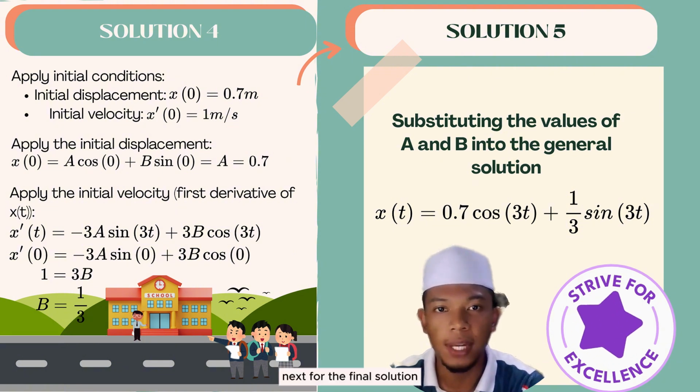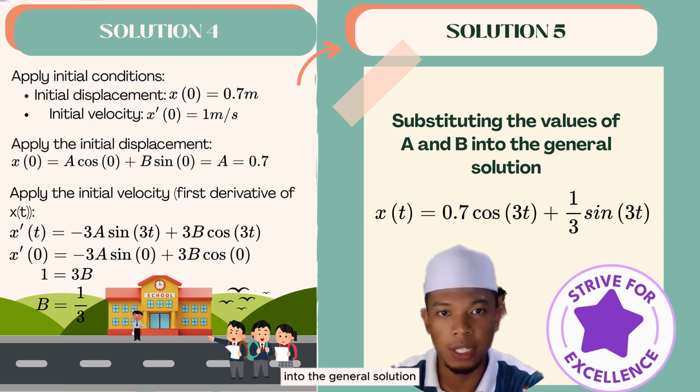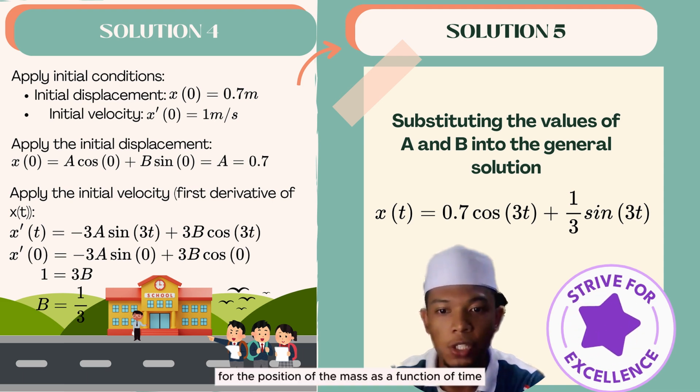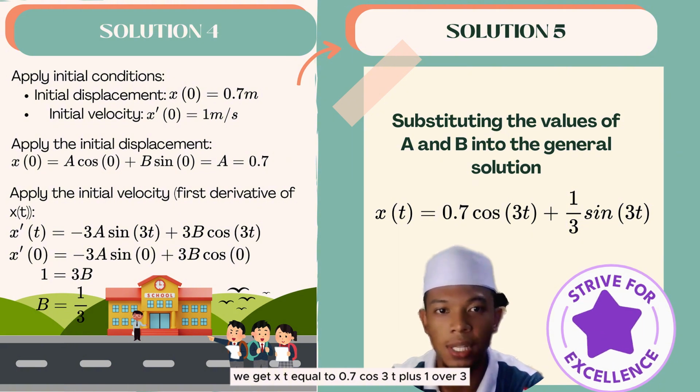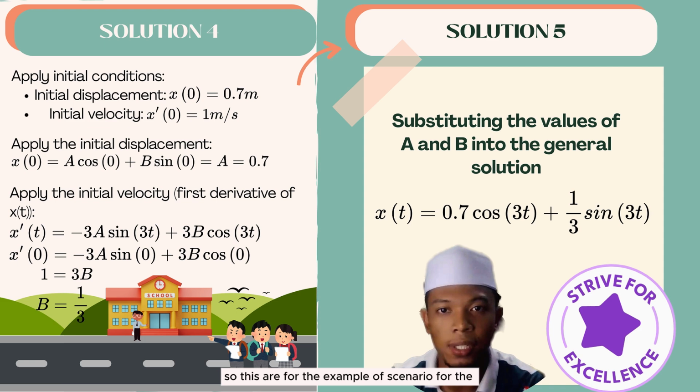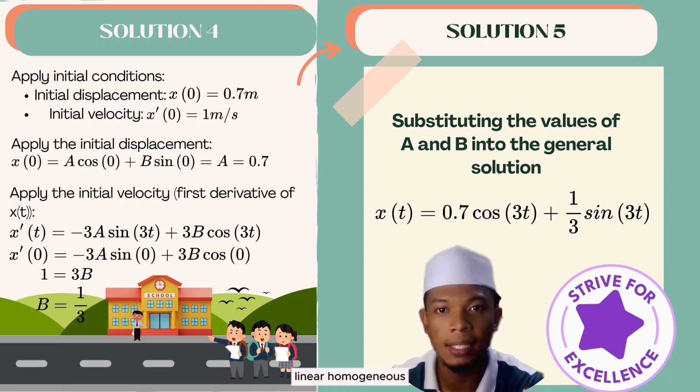Next, for the final solution, we substitute the values of a and b into the general solution. We get the specific solution for the position of the mass as a function of time. We get x(t) equal to 0.7 cos 3t plus 1/3 sin 3t. So this is the example scenario for the linear homogeneous